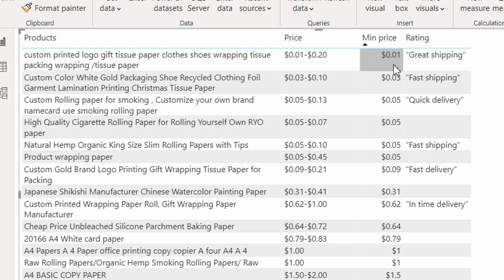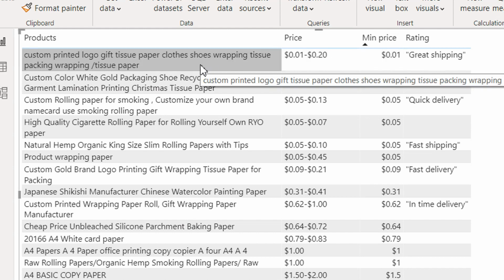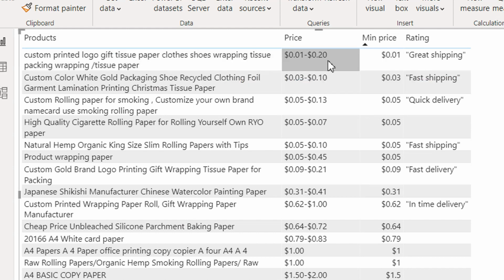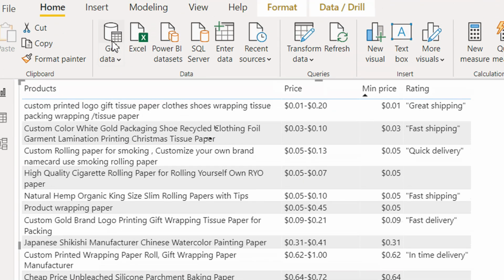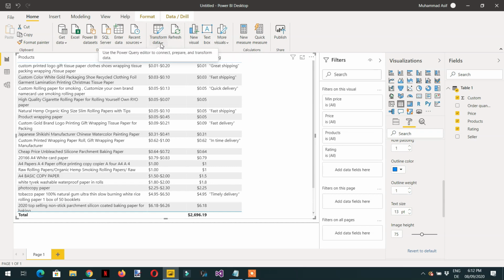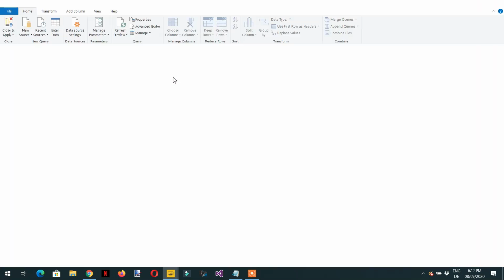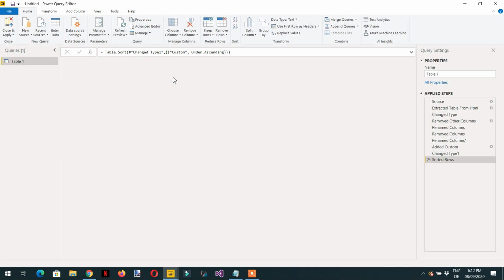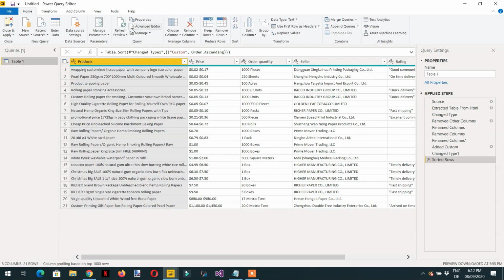So here you can see this product is the minimum order price, 0.01, 0.03, 0.05, and so on. So we have to do one more thing. We need to go to the Power Query editor, and we have to add here some parameters. Manage parameters,